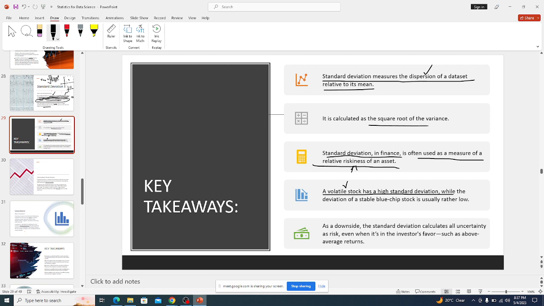All right. So a volatile stock has high standard deviation, while the standard deviation of a stable blue chip stock is usually rather low. Blue chip stock is basically used as an index. It is a benchmark. We are trying to assume that a blue chip always has a stable